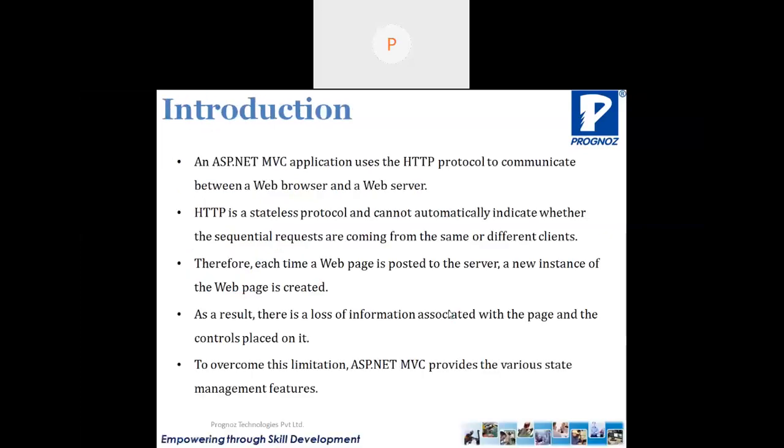The same concept is given in MVC. An ASP.NET MVC application uses the HTTP protocol to communicate between the web browser and a web server, that is, between the client and the server. Whenever the client sends a request to the server, that request is sent in the form of HTTP. And HTTP is a stateless protocol, and it cannot automatically indicate whether sequential requests are coming from the same or from different clients.